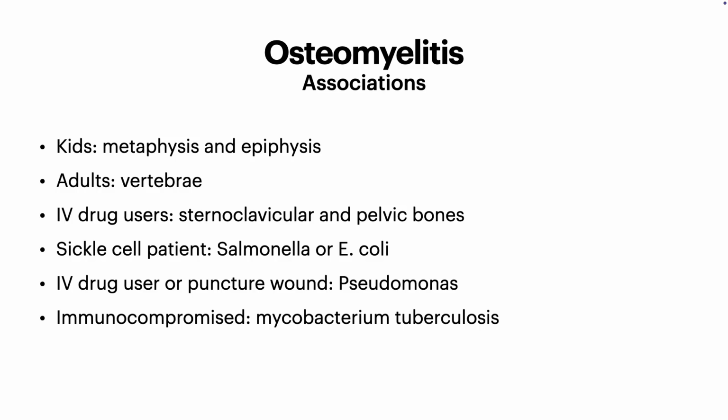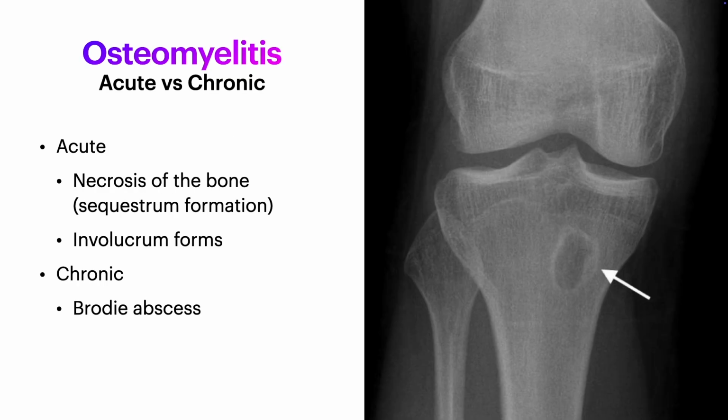With an IV drug user or a puncture wound, you're thinking Pseudomonas, and with immunocompromised, you're thinking Mycobacterium. And then there's an acute and a chronic. The chronic is the picture on the right. That's called a Brodie abscess. And then with the acute